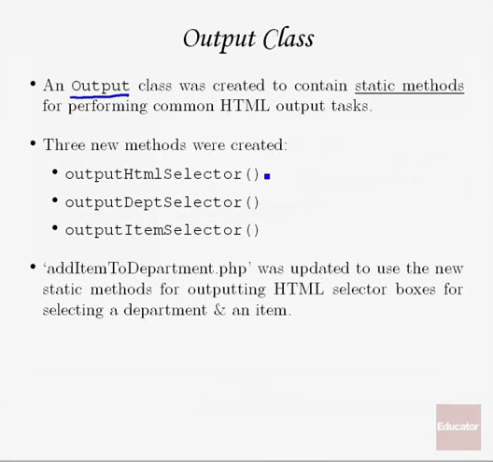So we have a general static function that we're creating called output HTML selector, which will return a well-formed select tag containing all the options that you specify for it. We're going to look at that more in a second. And then we have two specific static functions, one for outputting a department selector to select any of the different departments in the store, and also an item selector to select any of the different items in the store. Both of these methods actually call this generic output HTML selector method in order to do that. So if we go take a look at